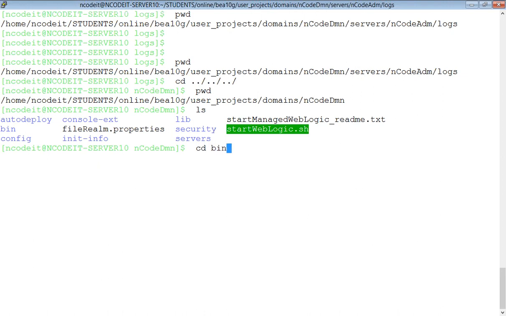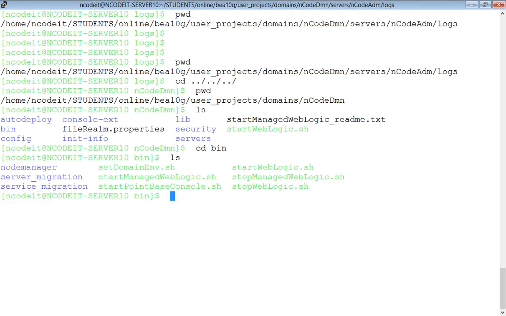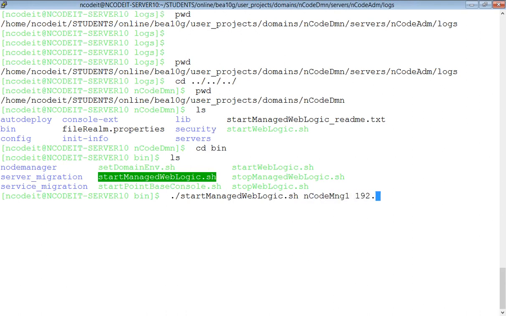Usually to keep it symmetrical, everything we run from the bin directory. So under bin, just now we used startWebLogic.sh. Now we're going to use startManagedWebLogic.sh, managed server name encode mng1, admin URL